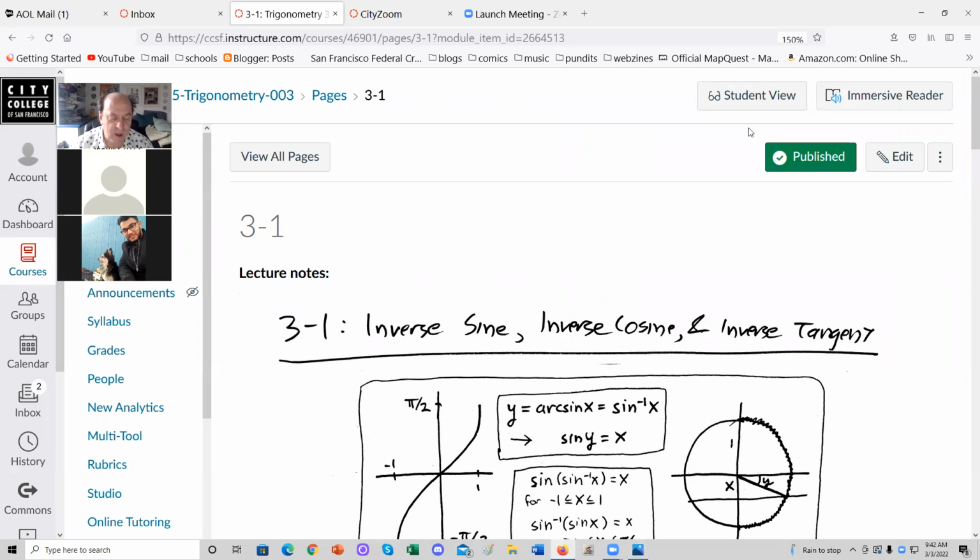All right, for today, we start off chapter 3. It starts off by talking about the inverse trigonometric functions, specifically inverse sine, inverse cosine, and inverse tangent. The idea of an inverse function is that it undoes what a function does. So sines and cosines go from angles to x and y coordinates on a circle. Well, inverse sine and inverse cosine go the opposite way around, from coordinates on a circle to the angle that